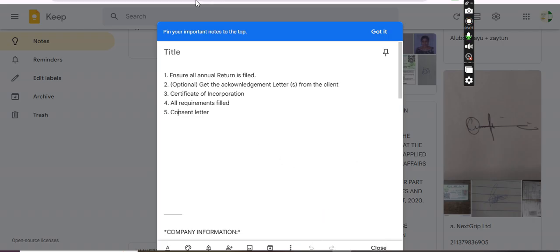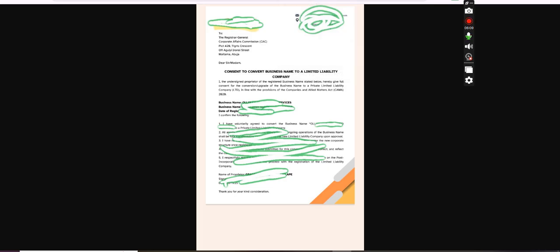So the consent letter, let me show you a sample. I think I have it here. Yes, so this is a sample of the consent letter. Forgive me that I have to cross a lot of things out. So forgive me about that. So if you want us to do a video on how to do something like this, just let us know